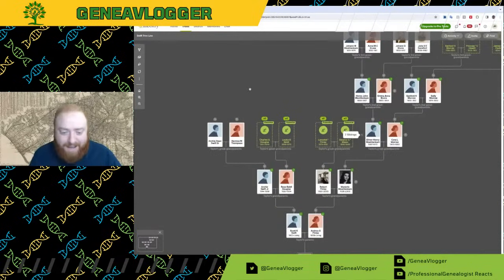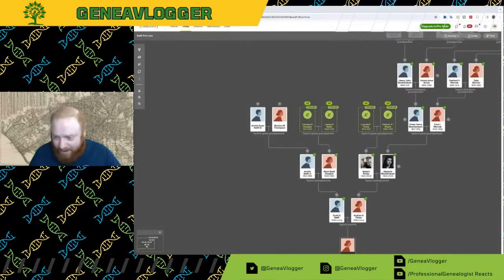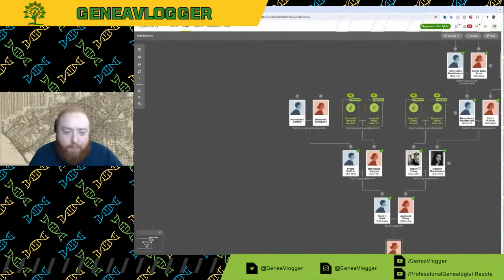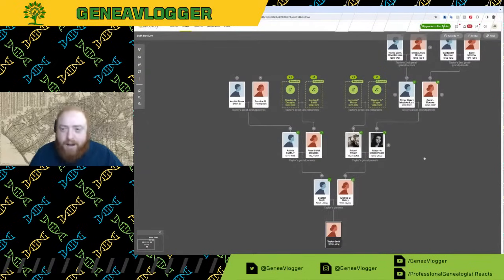All right, so getting to the family tree. The focus today, we're going to focus on Taylor Swift's paternal side. And what I thought I'd start with is talking about the method quick and dirty trees. I don't know how many of you have ever heard of this concept before. It's a concept that is mostly tied to genetic genealogy, and especially for non-parental events, unknown parentage cases, and investigative genetic genealogy.